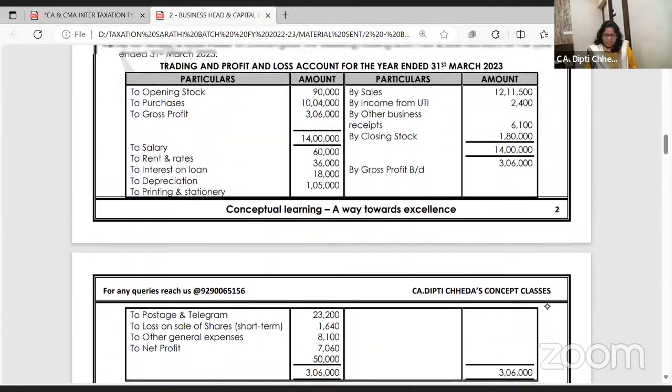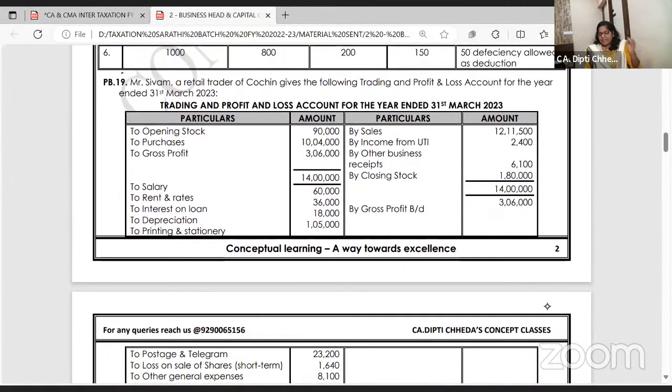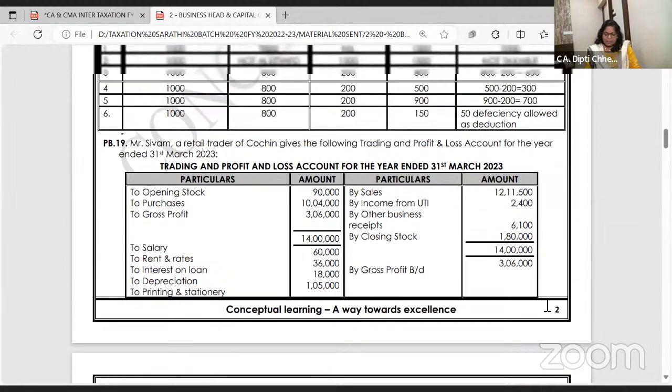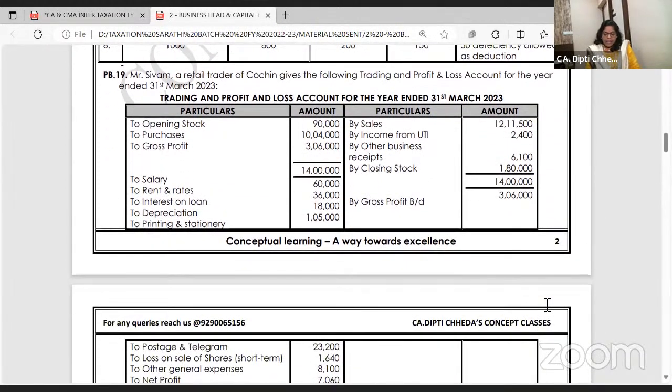Okay? Chalo, I am taking up this problem. Exactly the same problem is asked for 8 marks in the CMA exam, and in the CA exam this is asked for 6 marks. Earlier exam problem only it is. 19th problem we are doing now. Have you all taken a printout of this? Come on, quickly, today we will finish the business set.